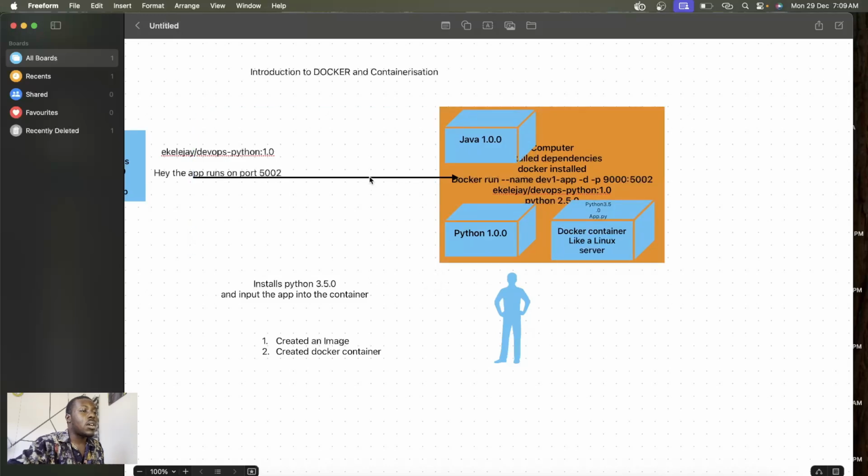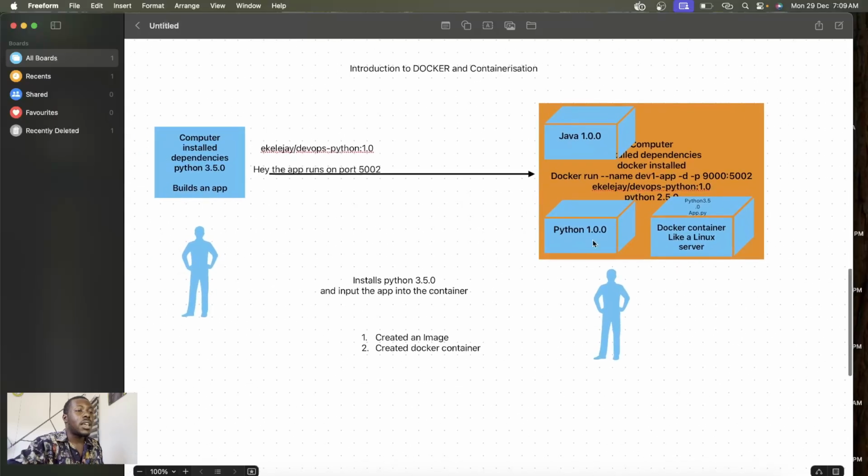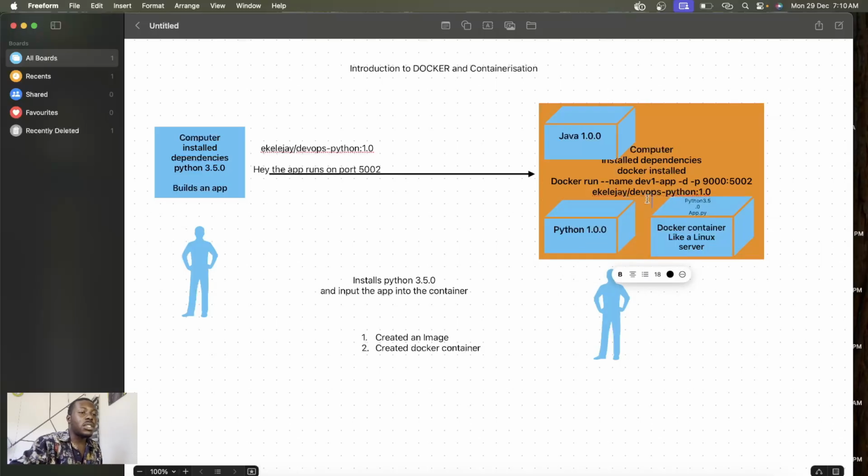So just by running this, a Docker container will get created on his computer, and then the application will be running in there. He may not even have Python installed on his computer, so it runs in there.